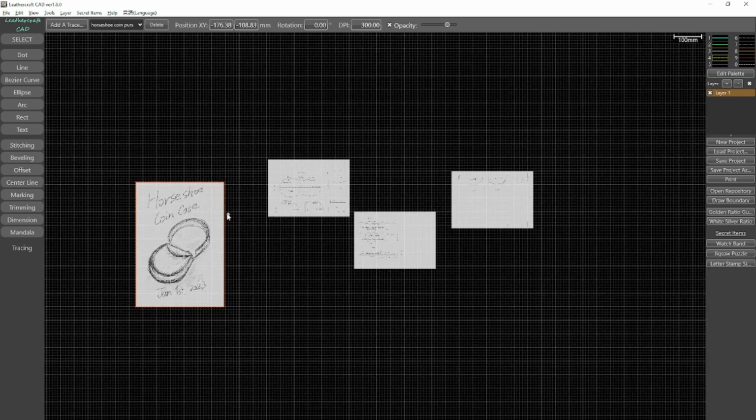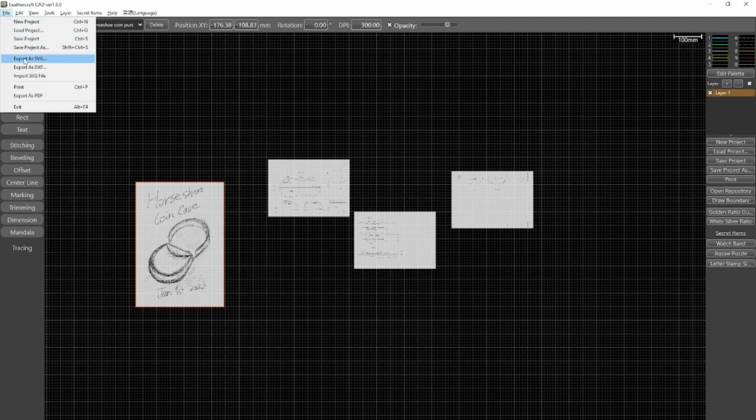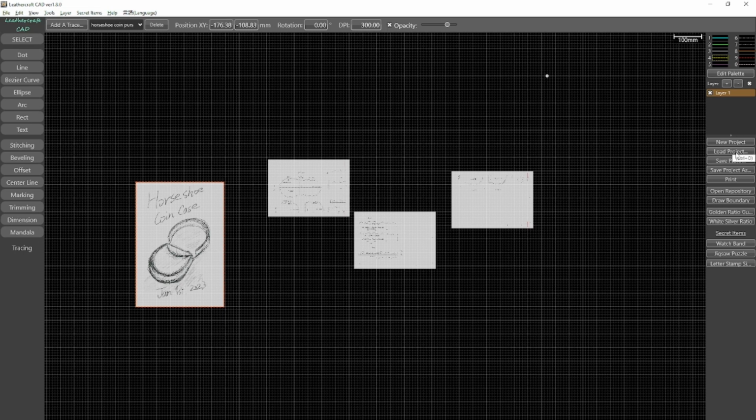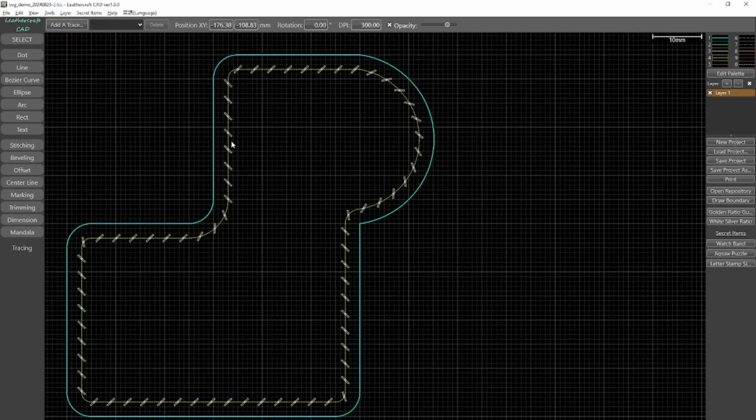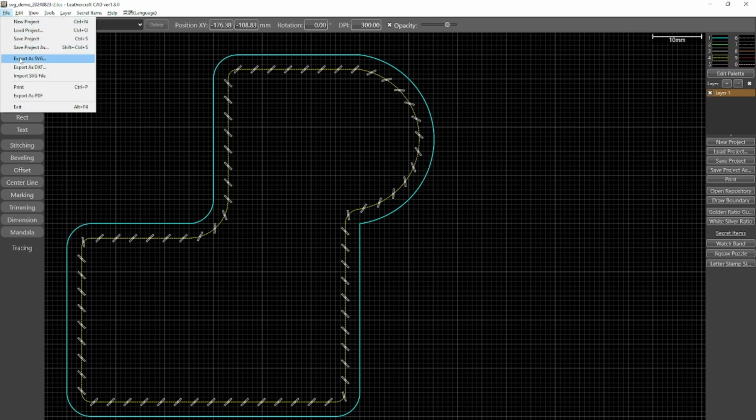And now I'm going to talk about the improvement to the SVG file export. So let me open a different file. So, okay, if you want to export these patterns to different applications like a laser cutter or cutting machine, or 3D CAD for 3D printing, that's when you're going to use SVG export.